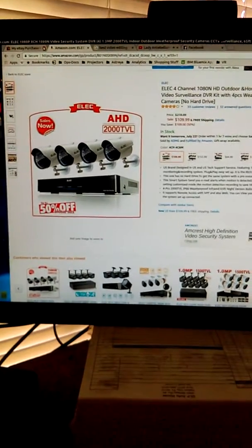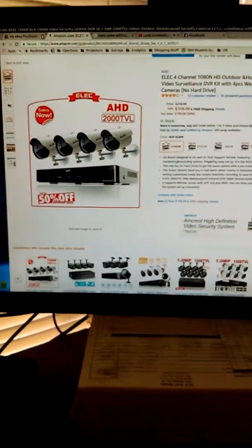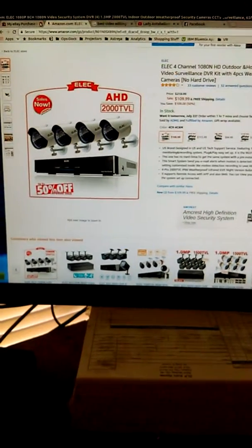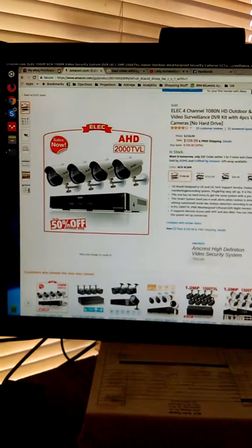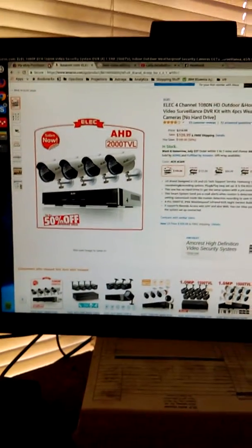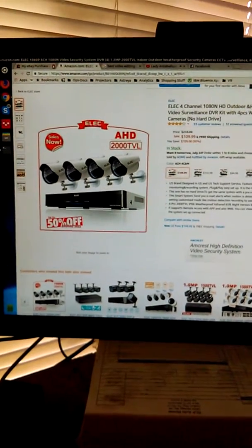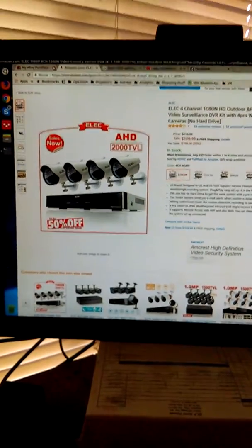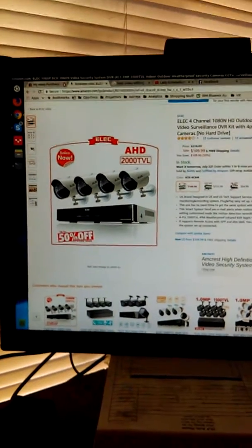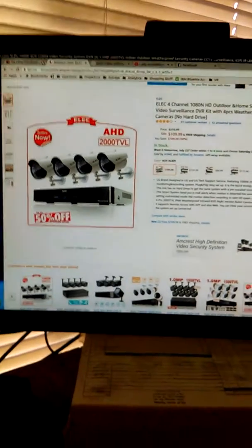Also, another great feature and another great experience I've had with ELEC so far is that they have very helpful staff who speak English and read and write. If you have any problems, you need support from ELEC, you just email their support team and somebody will get to you pretty promptly. It only took me, the first time I ever messaged them when I was installing an older unit,